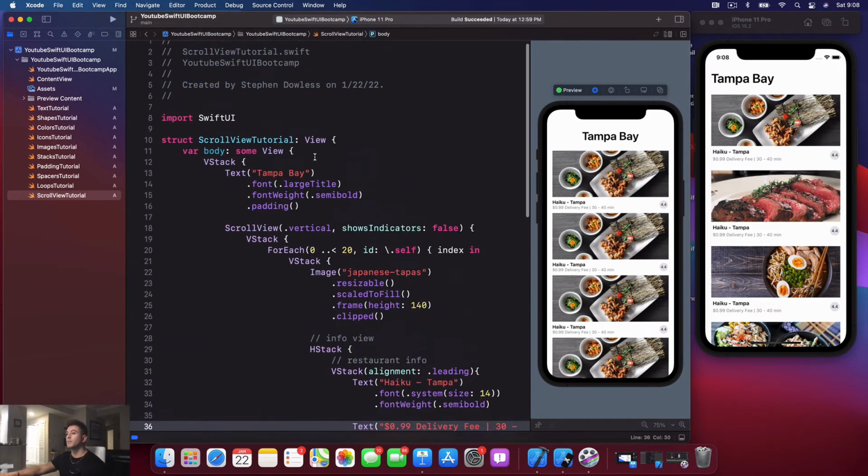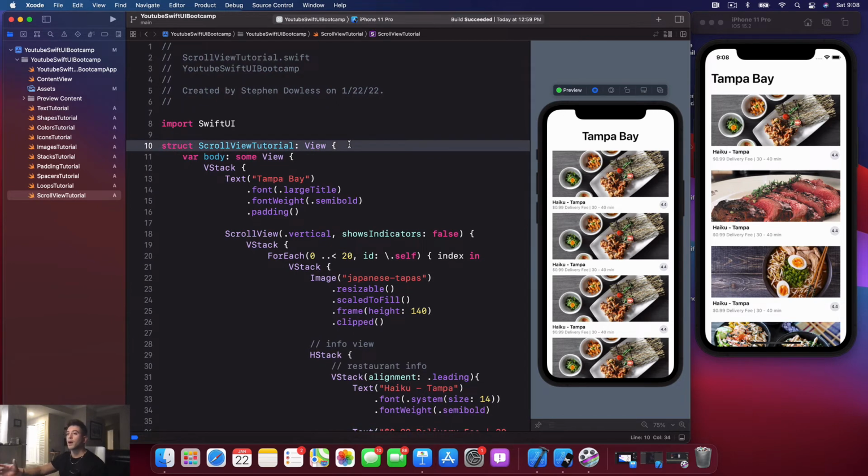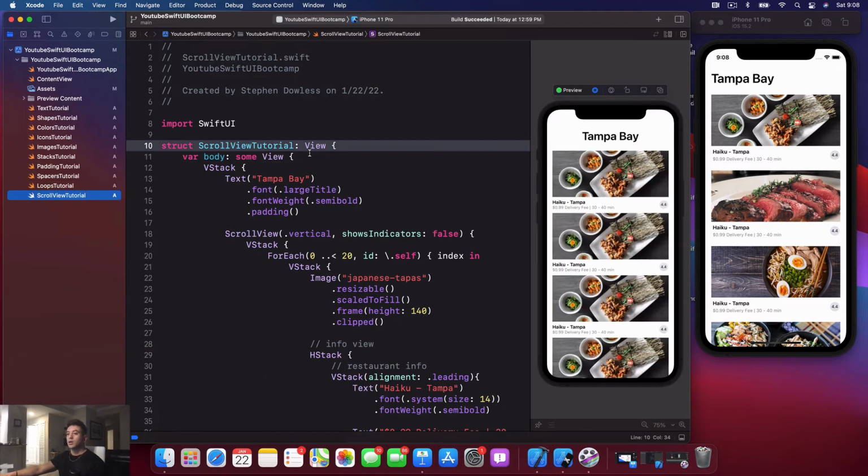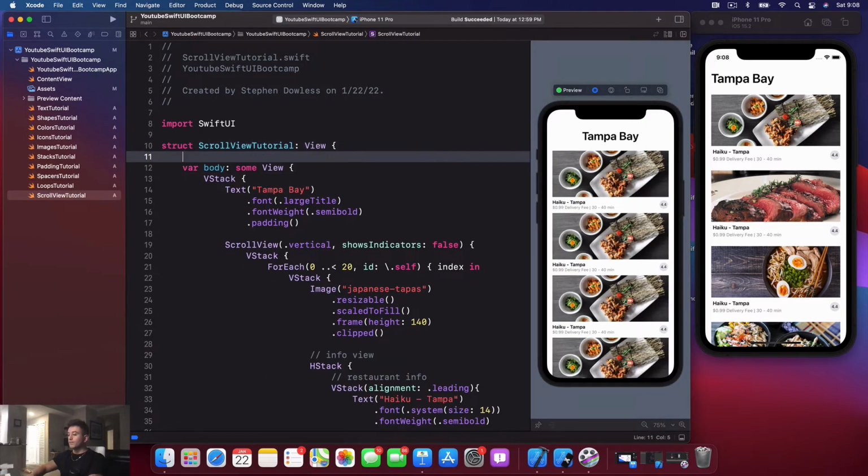So this is going to bring back that concept of introducing a property the same way we did in our loops where we created this drivers array. We're gonna create an images array so that we can loop through that images array and display some different images in our list here. So I'm gonna go here and create a property up at the top. So right above your body, but within the struct, say let images equal, open up a set of square brackets,